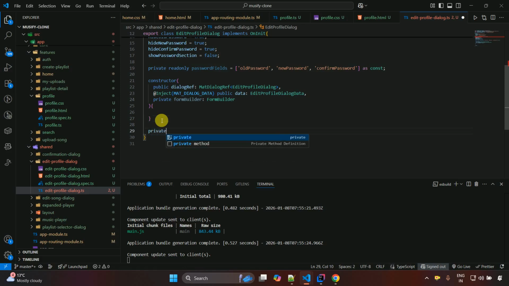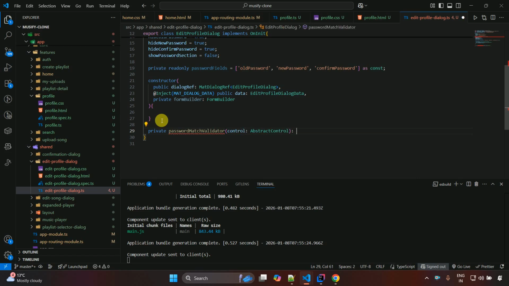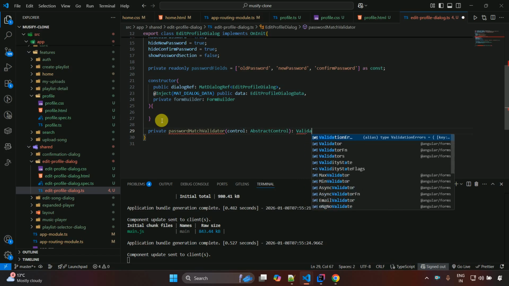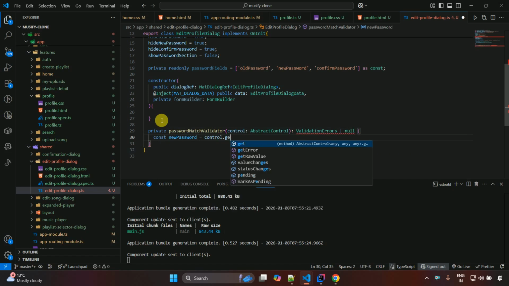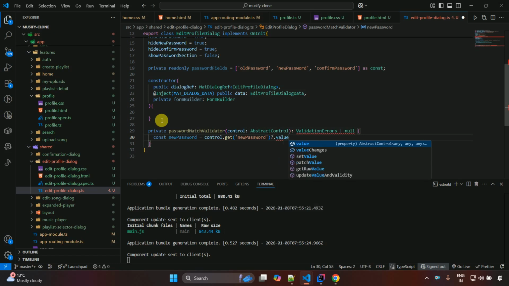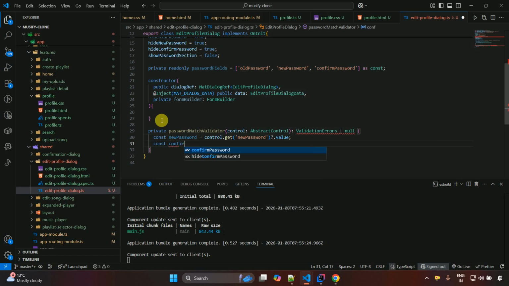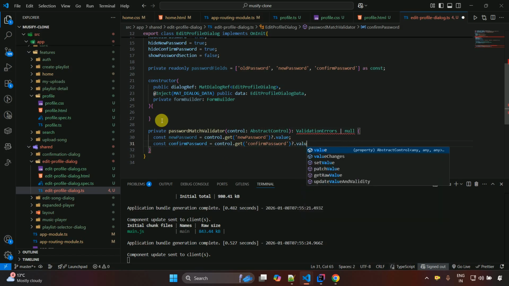So for that, let's create a method here which is private and passwordMatchValidator, and inside this one I'm expecting control as AbstractControl, and then colon and then ValidationErrors, this one, or it should return null, and then curly brackets, and then here we write const newPassword = control.get, and here we have to just write newPassword, and after that question mark dot value, and after that const confirmPassword = control.get, and here we have to write confirmPassword and question mark dot value, and after that if